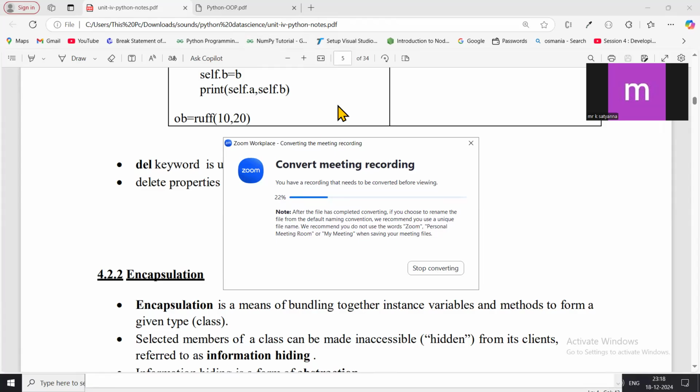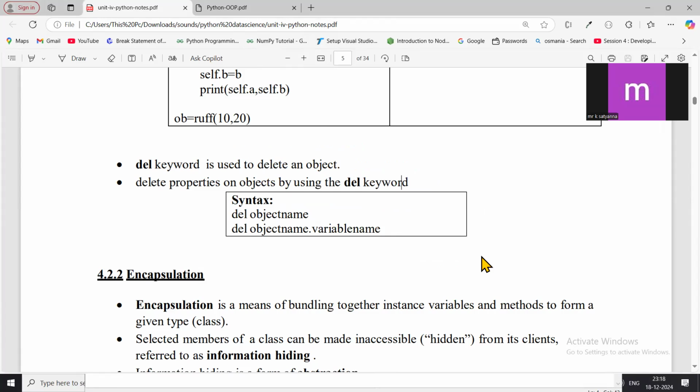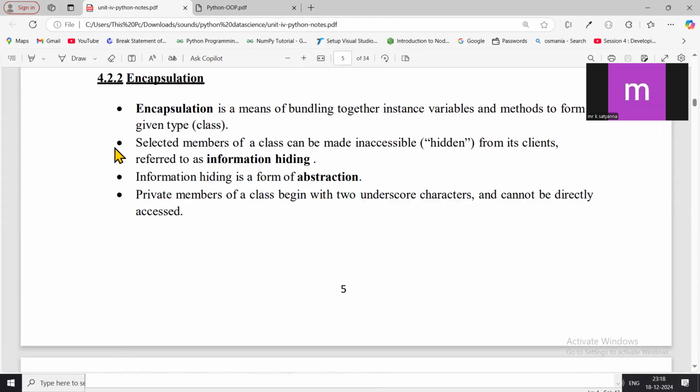Okay, so in this video, we will see another object-oriented programming concept, that is encapsulation. What is encapsulation? Actually, encapsulation is nothing but binding or bundling the data. Okay, so bundling the data. So in the previous example, we'll see